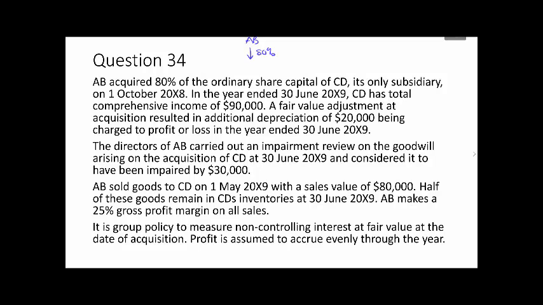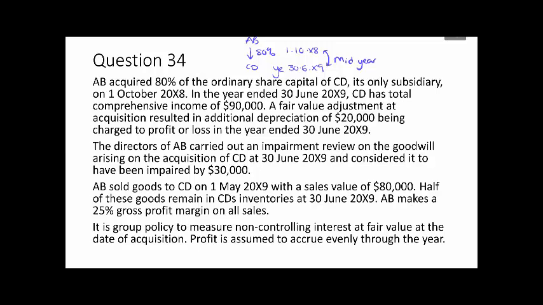of the ordinary share capital of CD on the 1st of October X8. We're then told that the year end is 30th of June X9 and that in that year CD, the subsidiary, has total comprehensive income of $90,000. That's obviously our starting point for taking the share for the NCI, but note the dates here. This is a mid-year acquisition, and so the profit that is realised by the subsidiary for the year will need